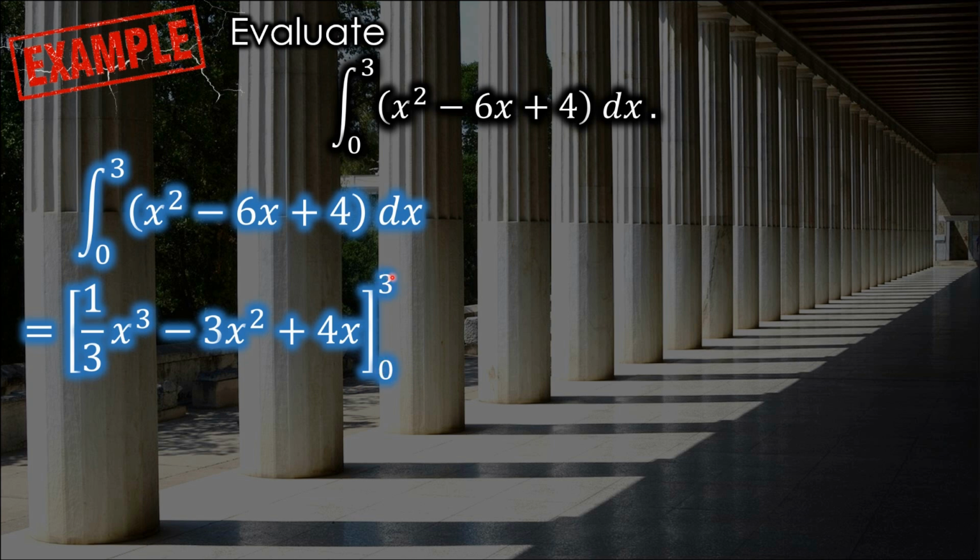And that represents this calculation that the fundamental theorem is talking about, of taking the 3 and plugging it into all of my x's, and then subtracting from that, taking the 0 and plugging it into all of my x's. I've also seen people write this a little bit differently. It's not uncommon. I don't think the red's going to show up very well. It's not uncommon to write something like